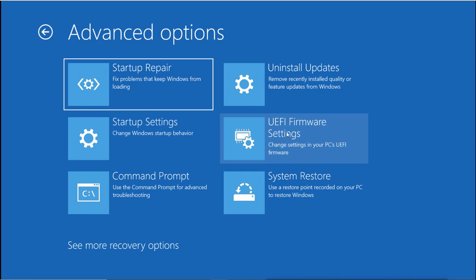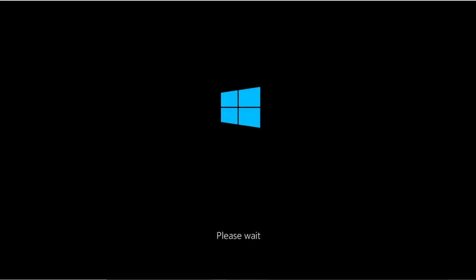Then you can go for the command prompt to manage it manually, or you can restore the system from the restore point. If you click this, it will give you the option of the restore points which you have created.